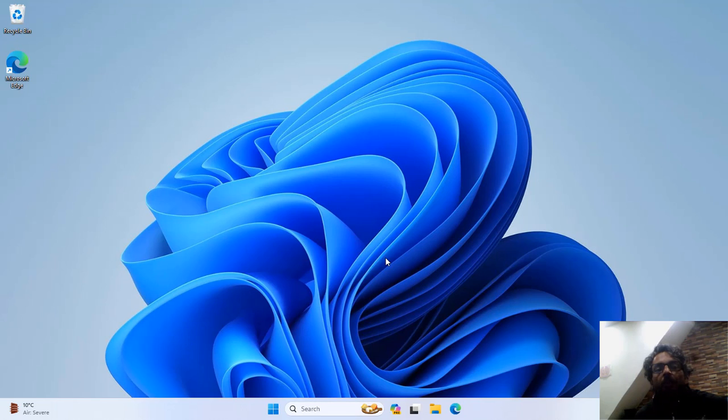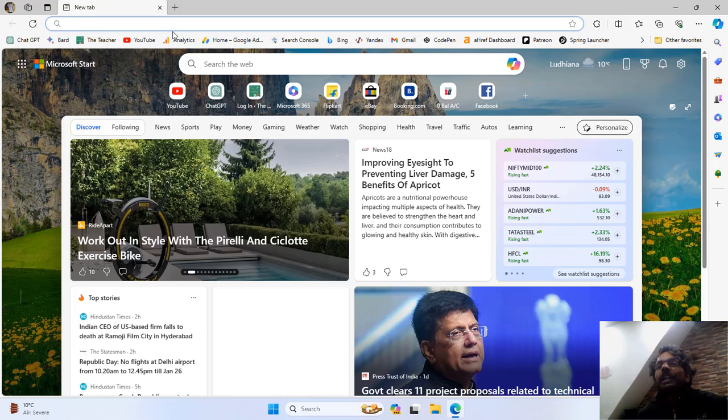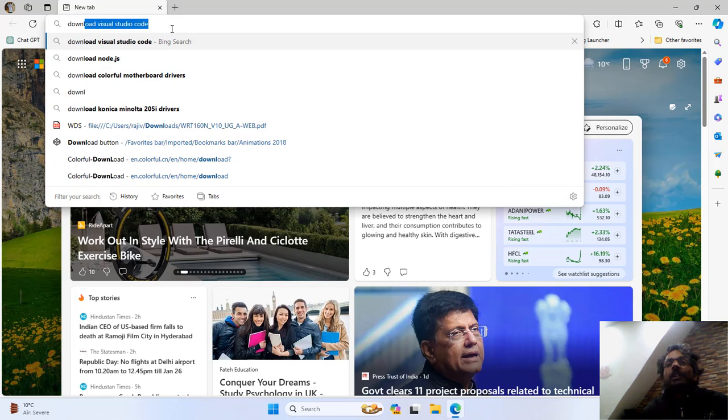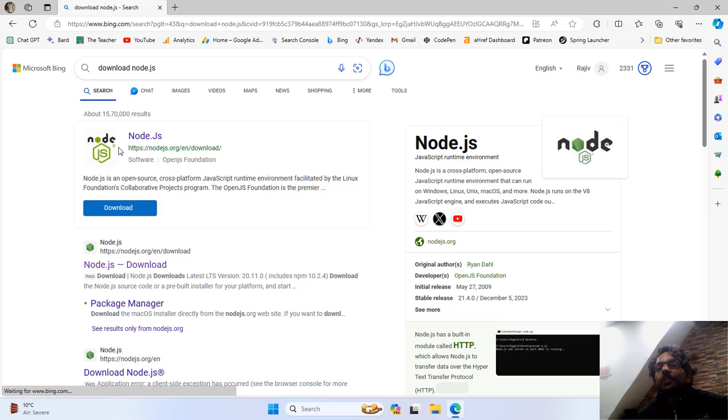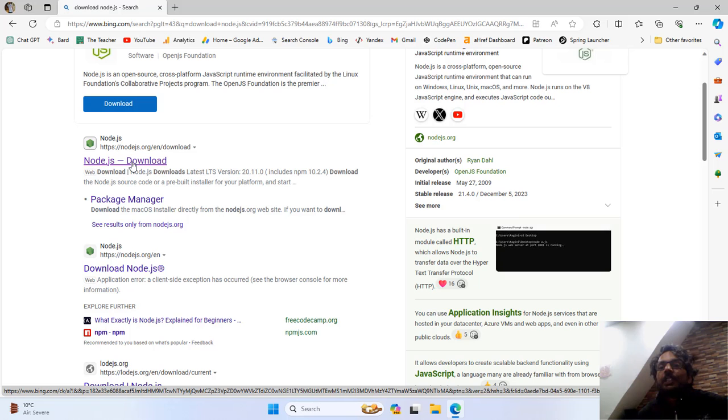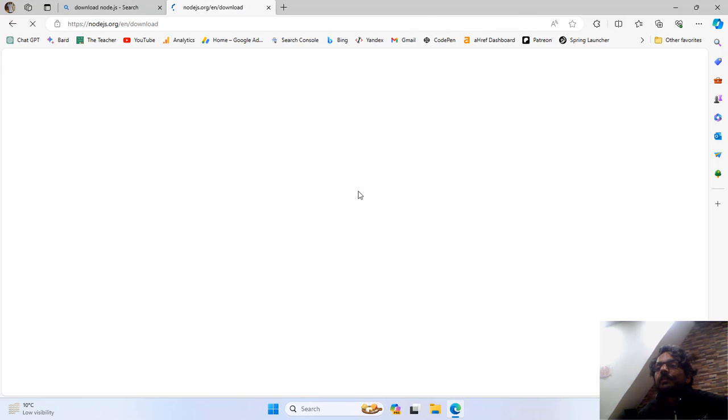And as I had promised in my previous tutorial that I will teach you how you can set up your own development environment to create Office add-ins. So let's get started, and first of all I will download Node.js, and for that I will open the Edge browser and here I will type download node.js. And you can get the download button on the top, or you can also visit the Node.js website, and here